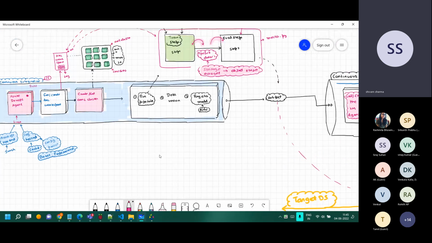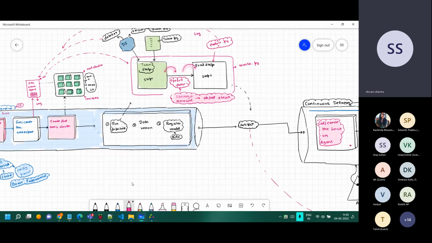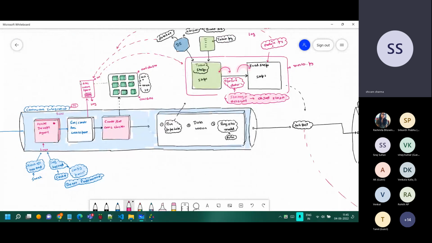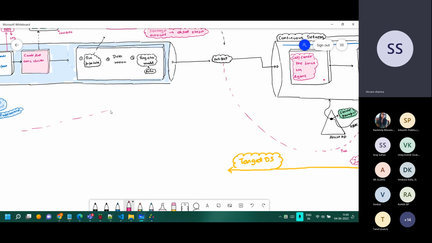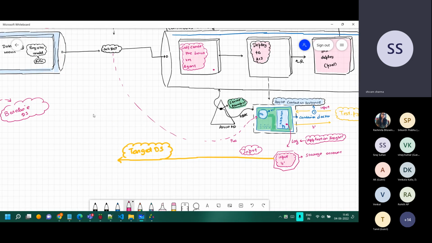And the data on which you have done the model training, which is actually registered there. You see this one. So over here, the one on which you have done the model training, that is the baseline data set. So this is the baseline, and this one is the target data set.